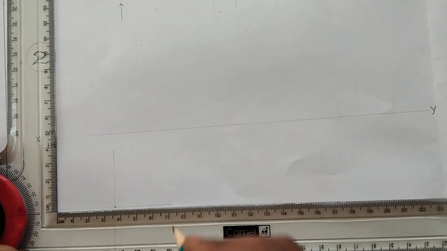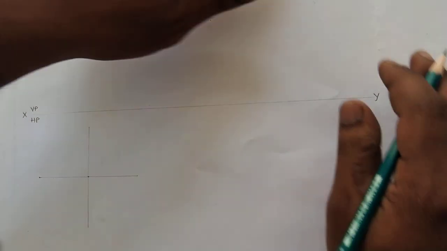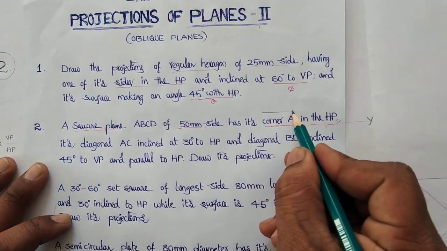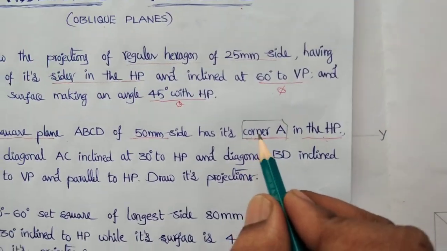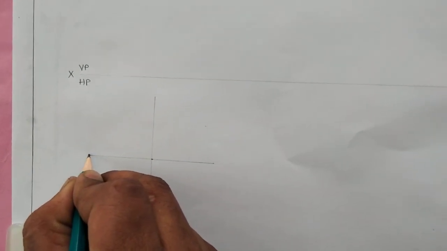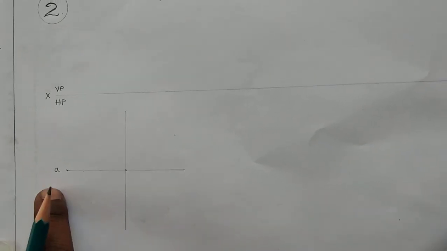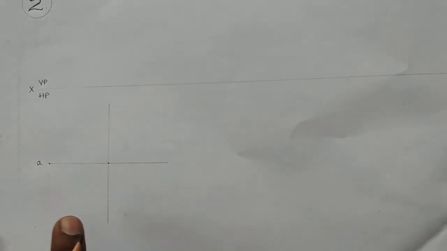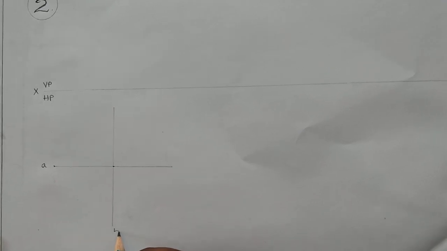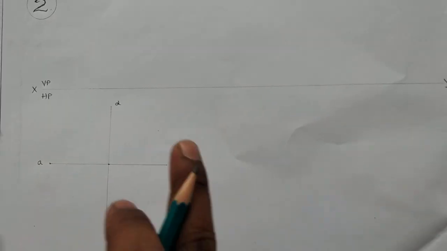In this way we got the diagonals. Coming to the naming, in the given data we have corner A in the horizontal plane. So the left side corner must be named A, because we have the condition corner A in the horizontal plane. I can say this corner is A, so the condition will be satisfied. At the end of the problem, this corner comes on the reference line, that means it is touching the horizontal plane. So we got 4 points. This is B and this one is C, and we can say this is D. Then join all the points in the correct sequence with an H pencil.